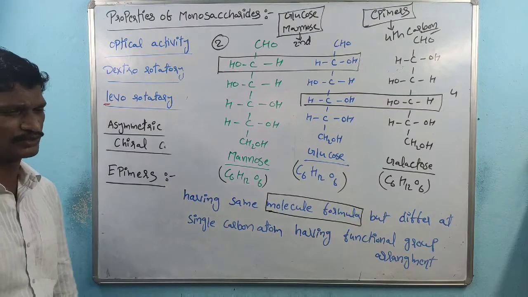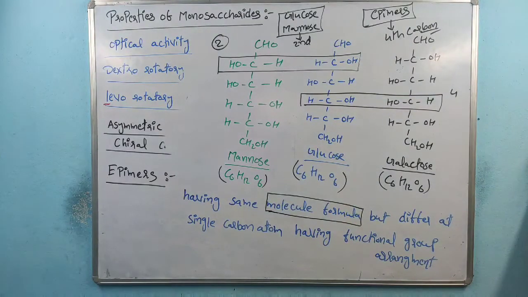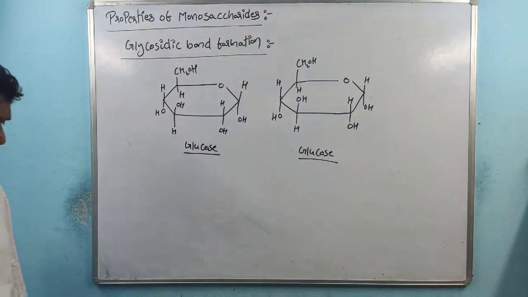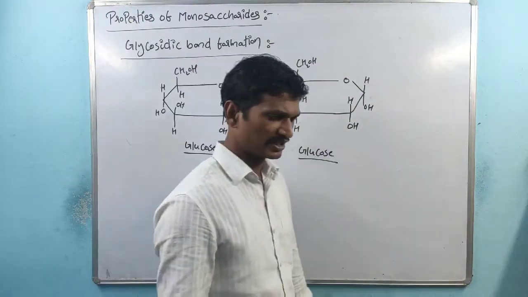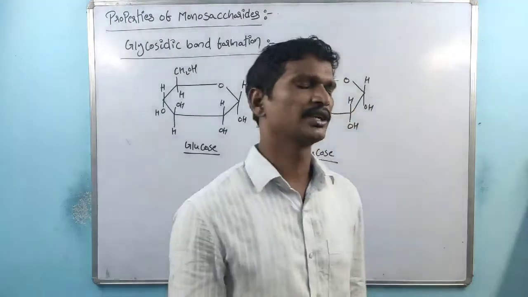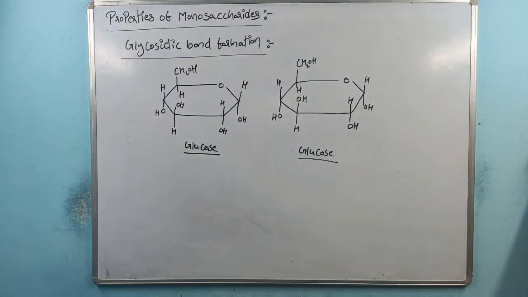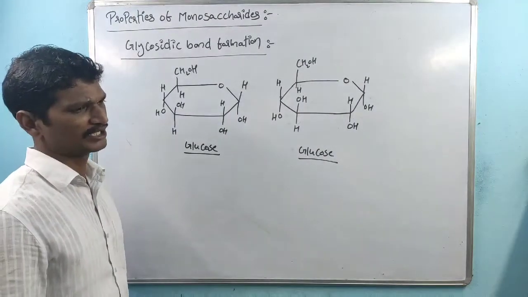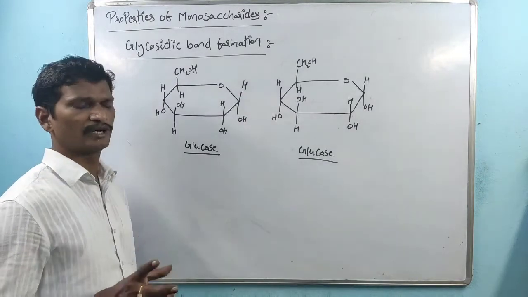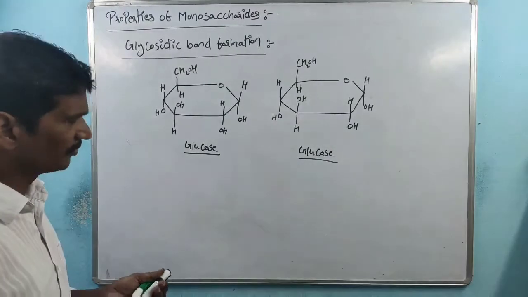And next, how does glycosidic bond formation take place, right? We'll discuss. Coming to the next topic, glycosidic bond formation. We know there are groups of monosaccharides, and these monosaccharides are joined by a linkage called a glycosidic linkage, or the bond is also called a glycosidic bond. Whatever polysaccharides and oligosaccharides are there, within them a linkage is definitely required. That linkage is nothing but the glycosidic linkage. So how does glycosidic bond formation take place?